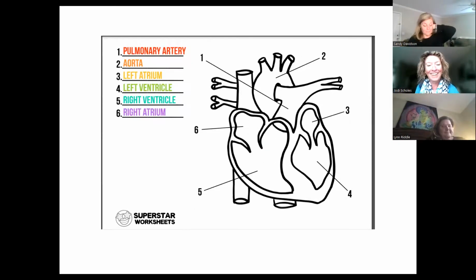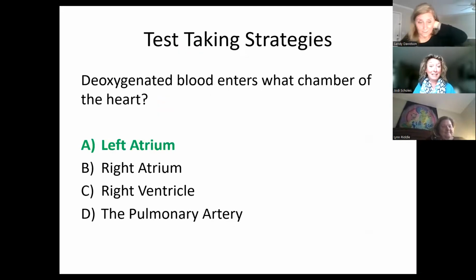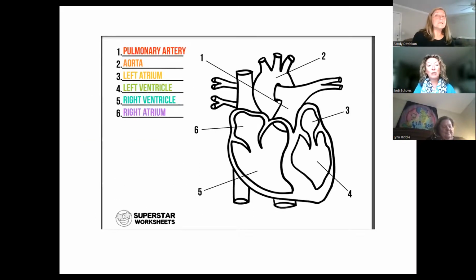I put that wrong. Sorry about that, guys. It's not the left atrium. It's the right atrium. So number six. Ooh, that says ventricle. Oh no, number six. Yes. Okay. Right atrium. So in our diagram, that is where the blood enters the heart, is in the right atrium. It then draws itself down through the tricuspid valve here. This is a valve actually, into here, the right ventricle.